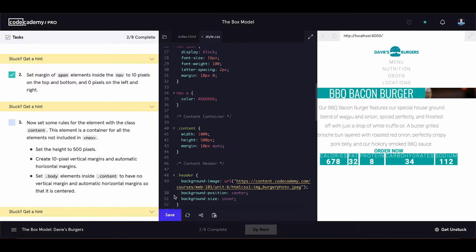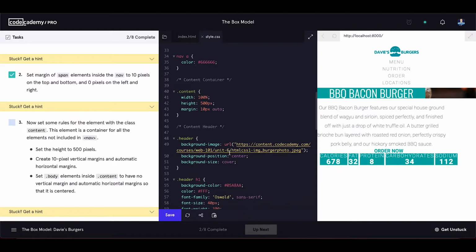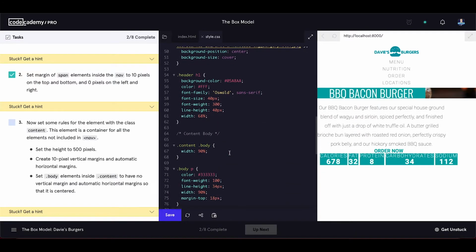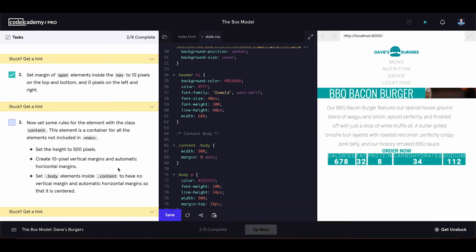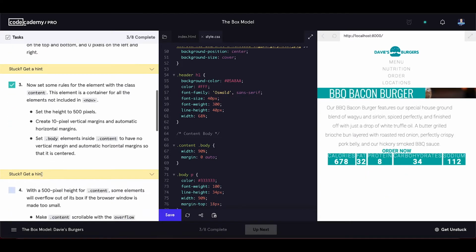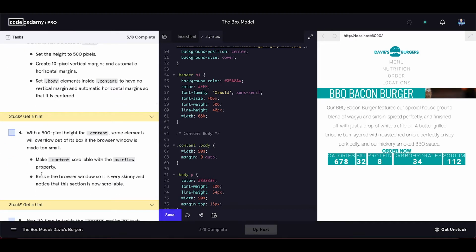And now set body elements inside content to have no vertical margin and automatic horizontal margins so that it is centered. And let's find the selector for that one. So right here, margin, no vertical margins, and automatically set the horizontal margins. Let's update our code. That looks fine. Now with a 500 pixels height for content,